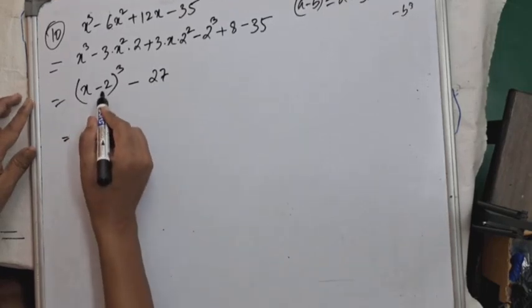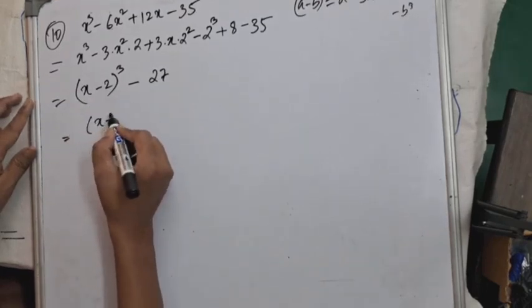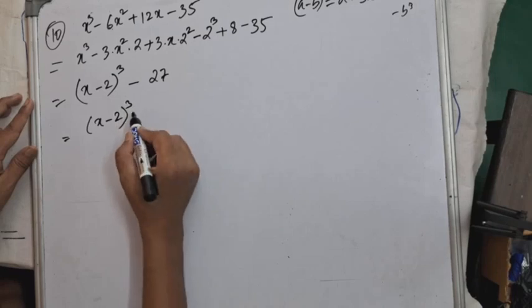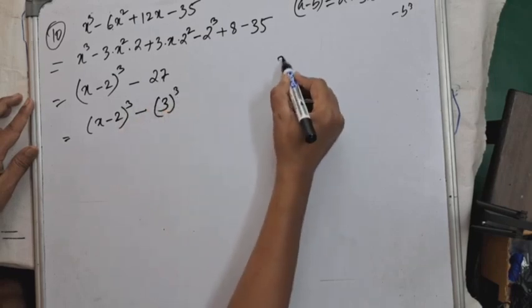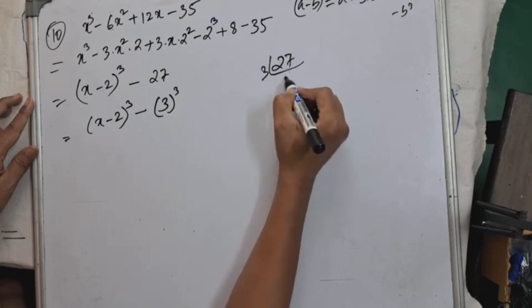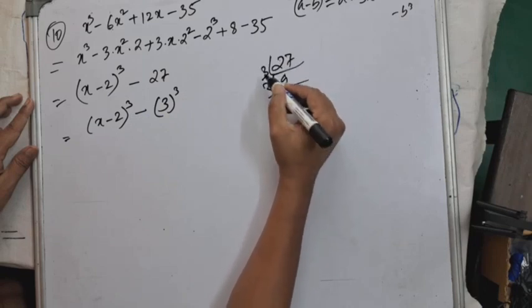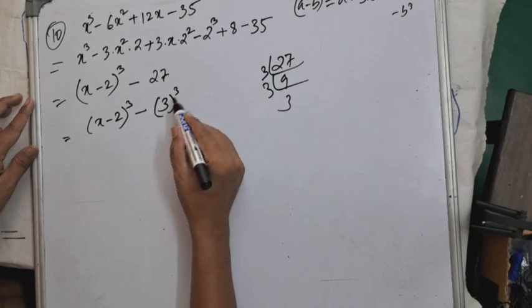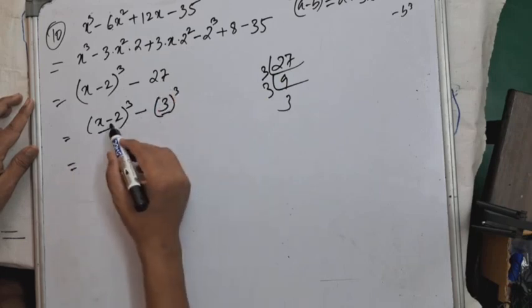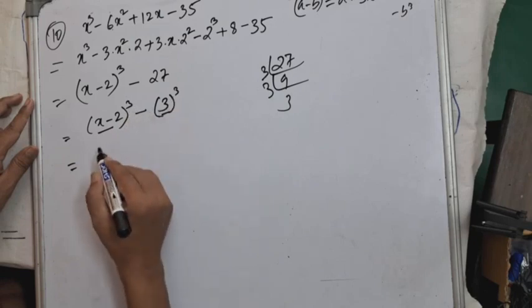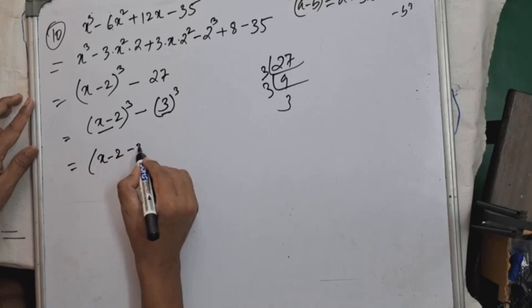so x minus 2 whole cube, we copy this as it is, x minus 2 whole cube minus 27 means 3 cube. 27 means 3 cube. 3 9s are 27, 3 3s are 9. 3 multiplied 3 times gives us 27. 3 cubed is 27. Okay, so this is A and this is B now. A cube minus B cube is A minus B,